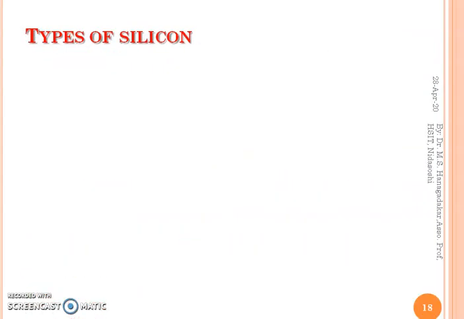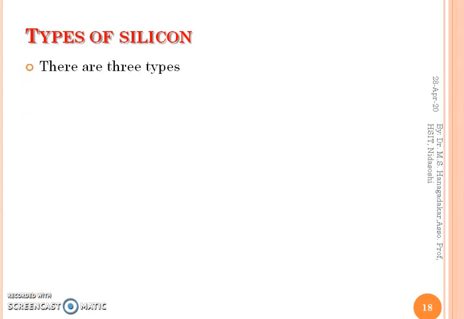Now, as you know, the single PV cell is made up of silicon, the semiconducting material, whose quality is very important for making photovoltaic cells. So let us discuss the types of silicon we get in industry and which type of silicon is feasible for making the photovoltaic cell.